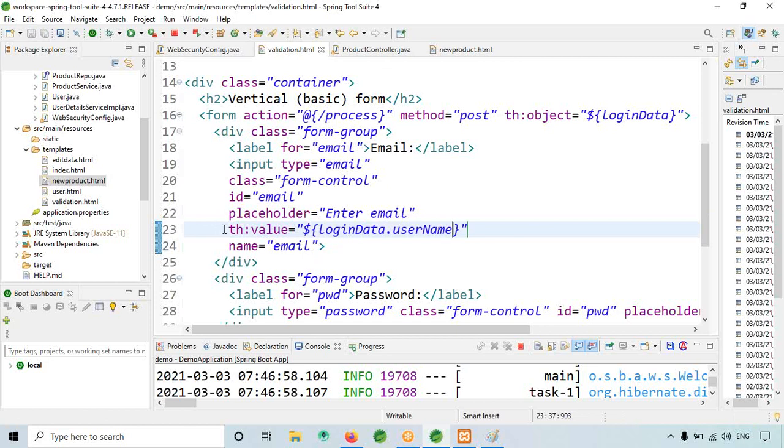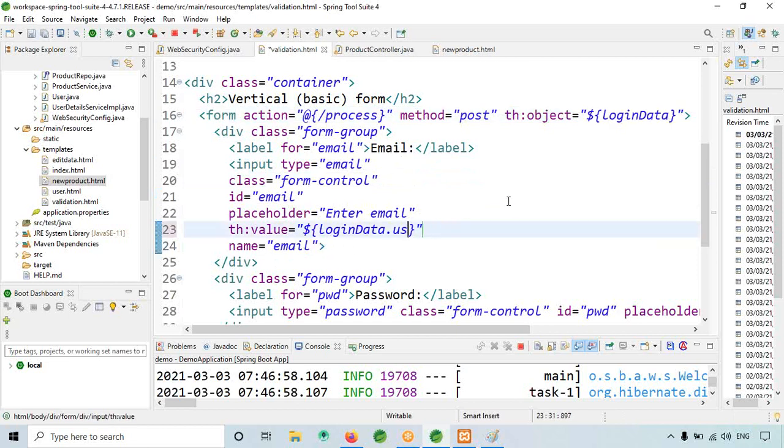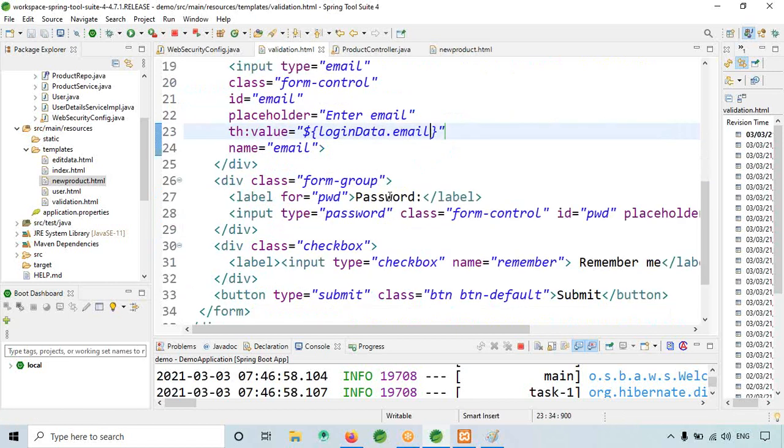Whatever I enter in the form will be stored in loginData. Oh, this is email, right? So I will give loginData.email, like this. And here this is the username I have to enter.